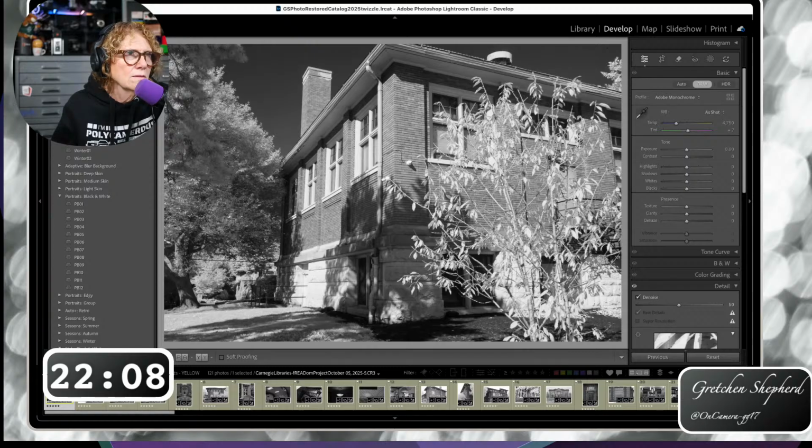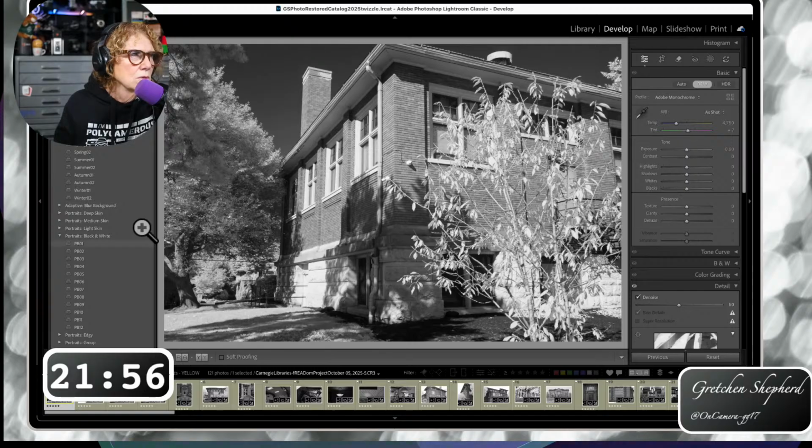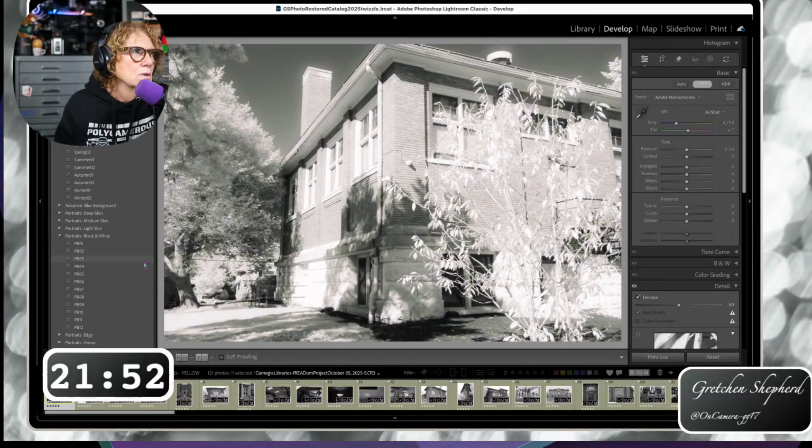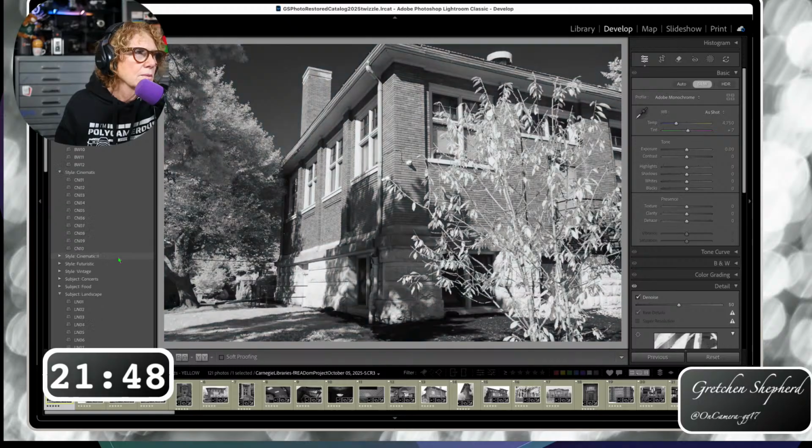So what I'm looking for is to see what needs to be done in terms of any additional editing. And I want to go to, that's portraits black and white. I don't want portraits black and white. I want to go to